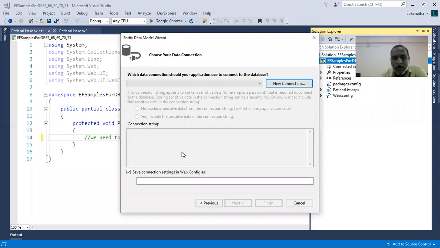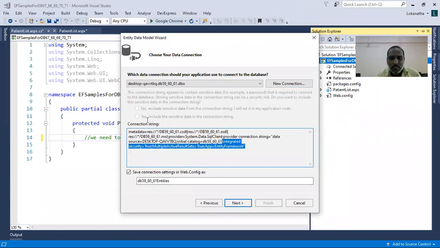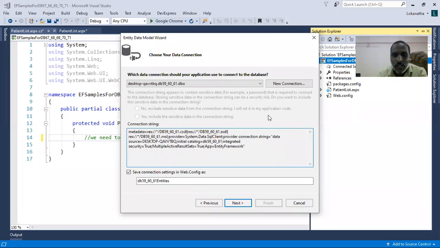What next? Once you click on OK, a connection string is getting created. See, remember the format of the connection string in entity framework is a bit different. Even entity framework should know to which database it has to be connected. That is the reason why the connection string will be automatically created. Okay, and then SQL connection settings will be stored under this name.